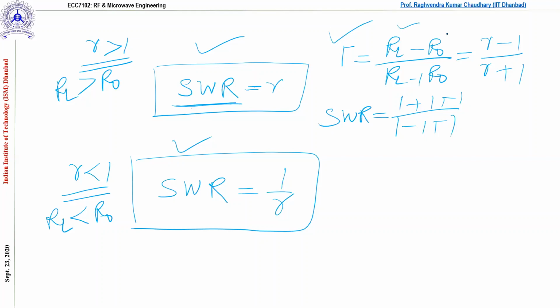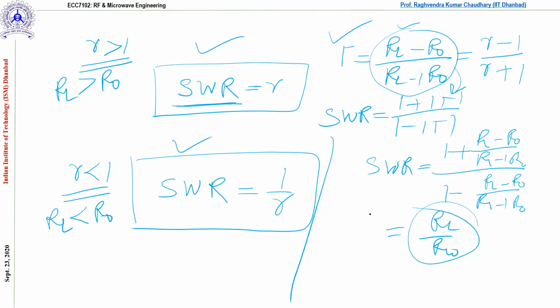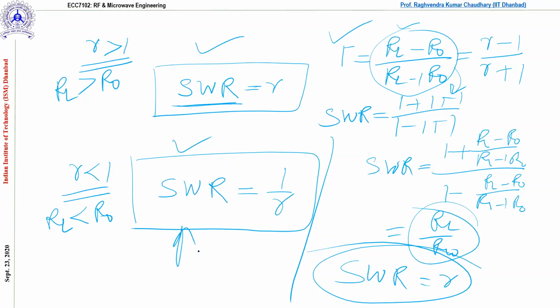Otherwise, you can use these expressions here and just solve. Correct. So if you put all those things in SWR, this will be 1 plus RL minus R naught over RL plus R naught, divided by 1 minus RL minus R naught over RL plus R naught. Now if you solve this, you will get RL over R naught. And what is this? This is R actually. So we can say SWR is R. In a similar way, you can prove this for the other case also. Correct? So these things are really very important because sometimes we can directly predict the SWR values. Right? Graphically we can mark on the Smith chart and find the SWR, the standing wave ratio. Correct. So we'll be talking about the constant gamma circle